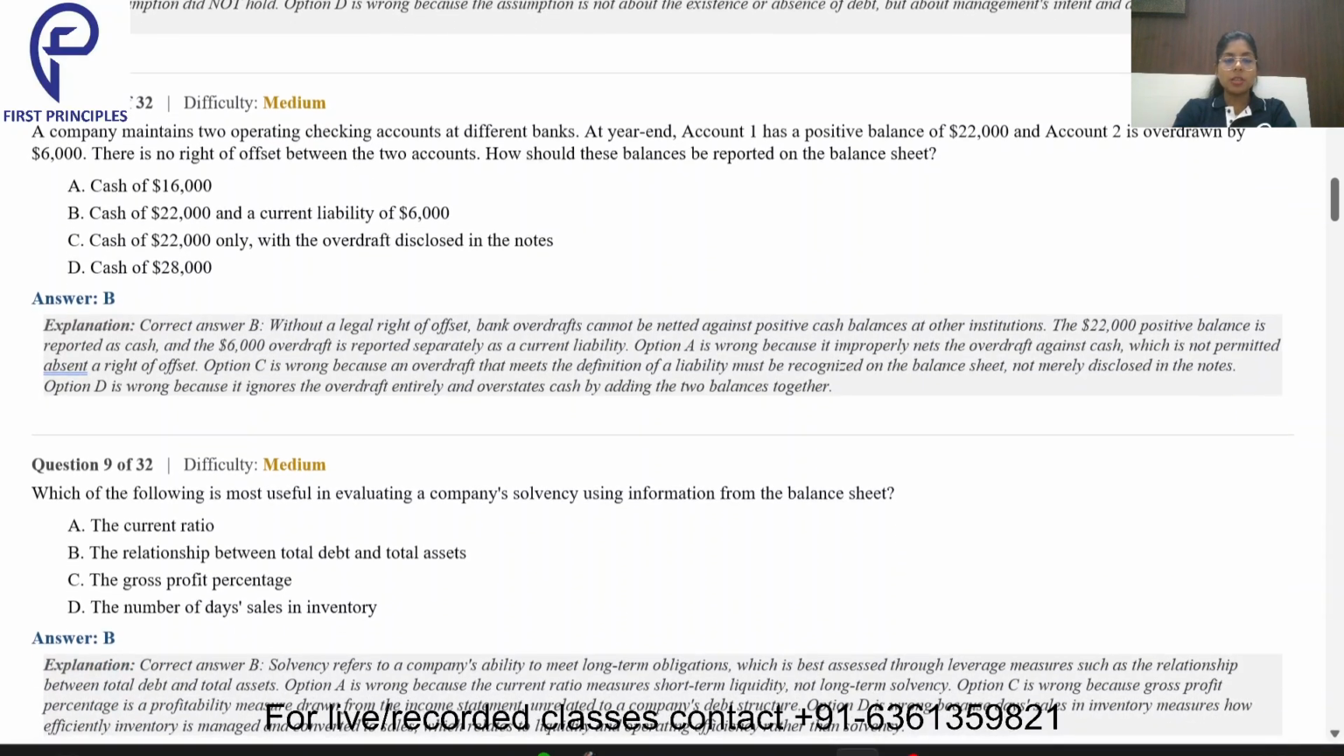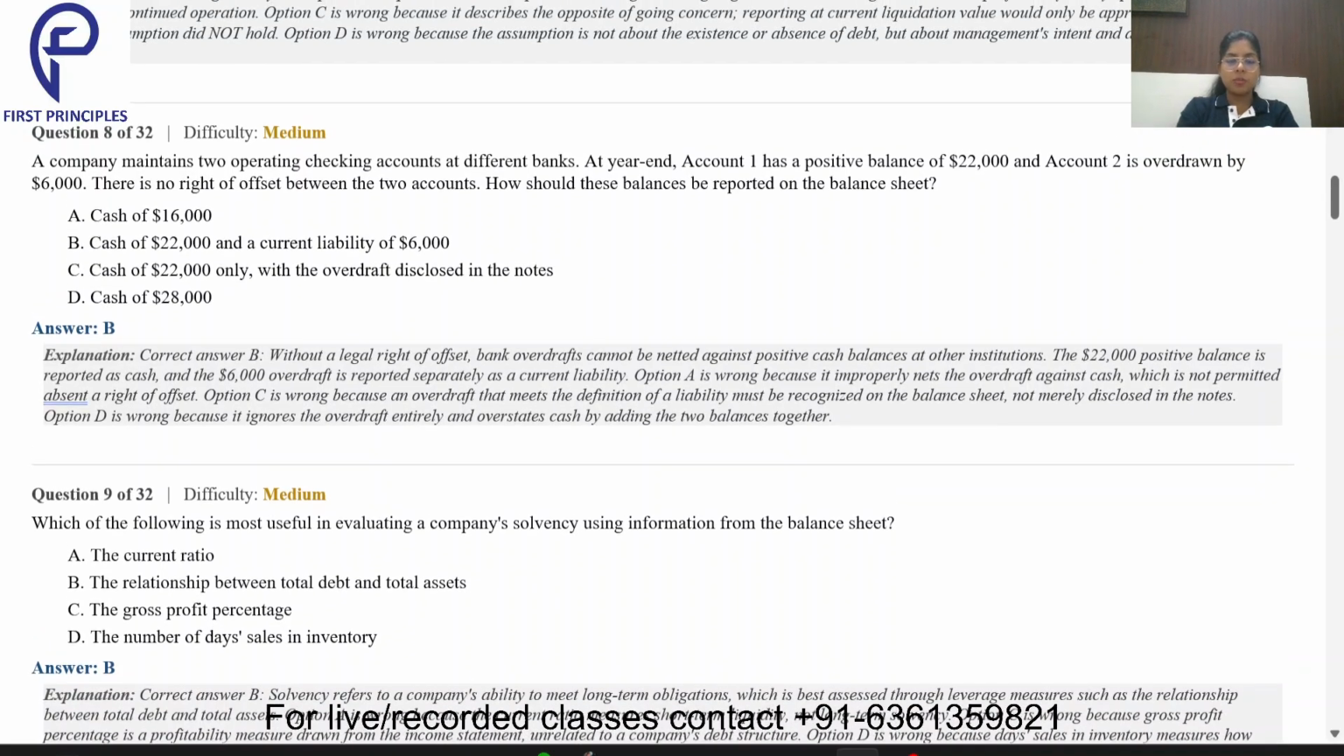Coming to question number 8. Question number 8 is quite interesting and one of the important questions. Why? Because we have already done this concept in the class, and if you remember, there was a concept that if we have two bank accounts, in one bank account there is a positive balance, in one bank account we have an overdraft, and both are in different banks,